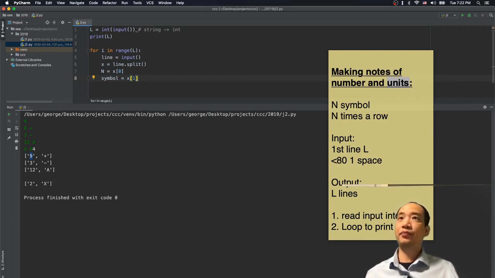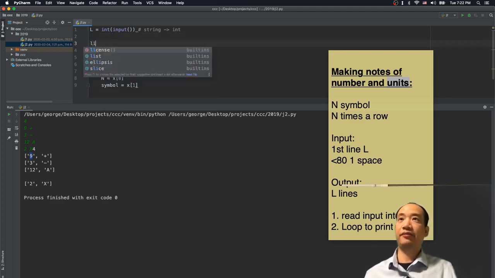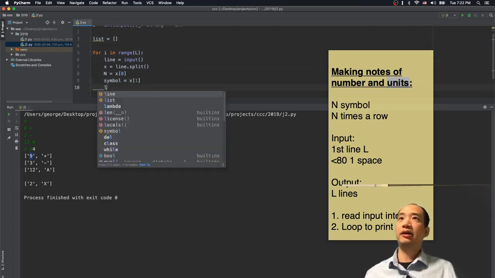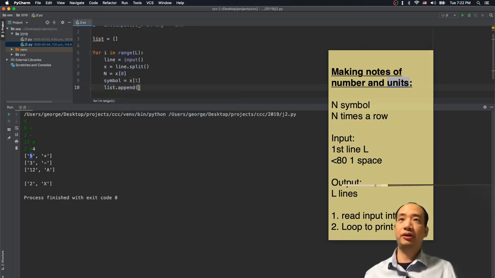Now you get two of them, but how am I going to hold all this result? So you got n and symbol, so I have to define something called list. Okay, so you should have something called list. So for example, I define a list, and you use a bracket to hold a list. And in here, you should put a tuple,